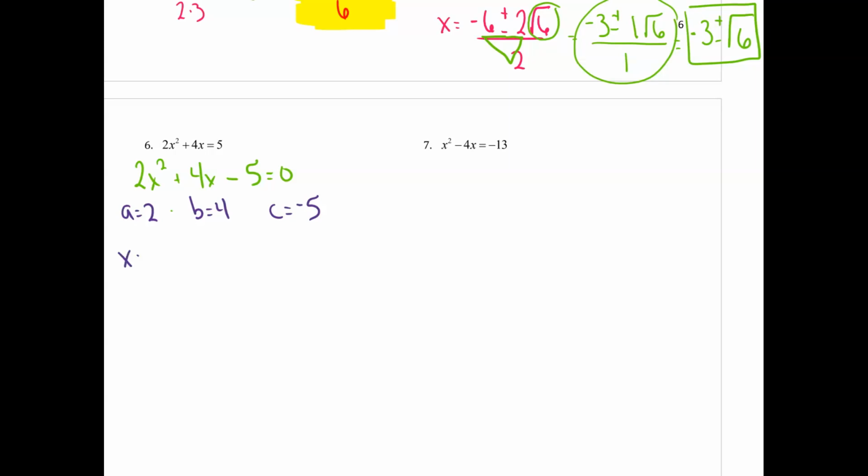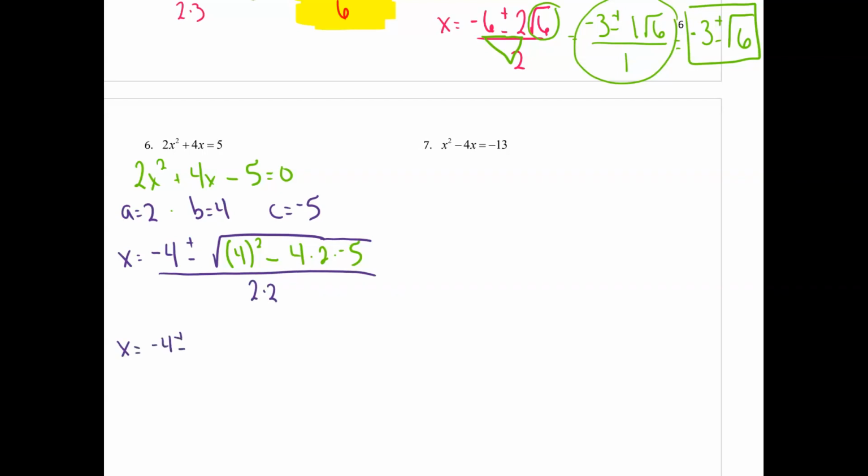So it goes x equals opposite b, so -4, plus or minus square root, and then inside the square root, I will be taking 4 and squaring it, and then I'll subtract 4 times a times c. So let's make that square root go a little bit further. And then all of that is over 2 times a, so 2 times 2. So again, you always start in the discriminant. And when you start with the discriminant, you start with your exponents, order of operations. So inside that square root,